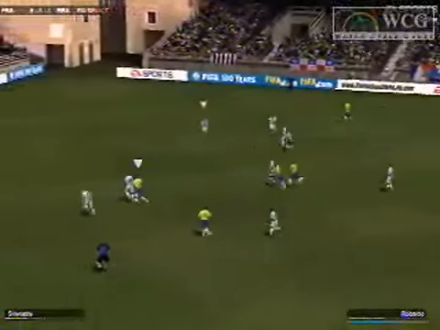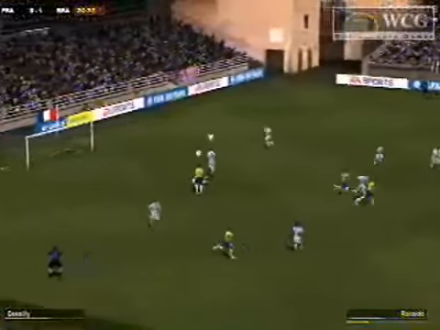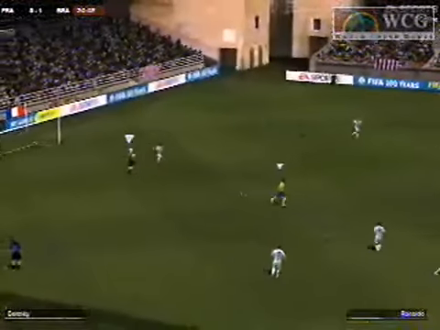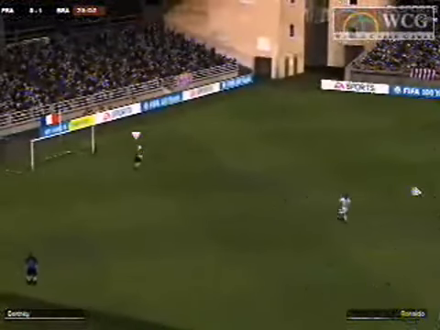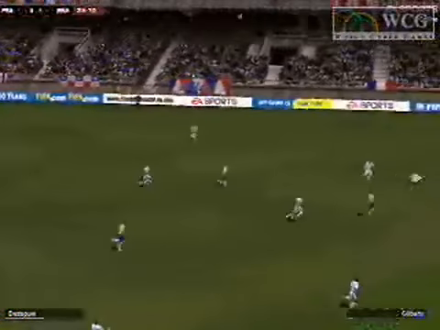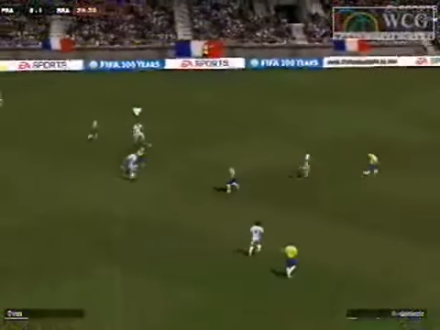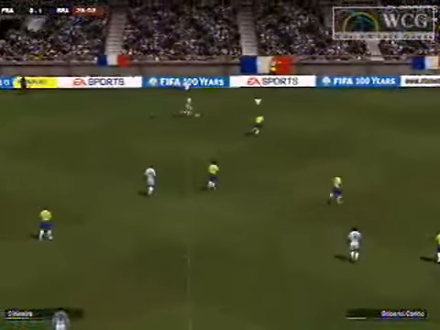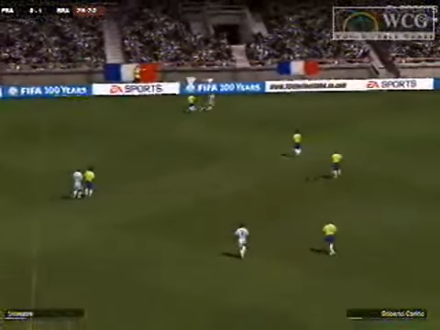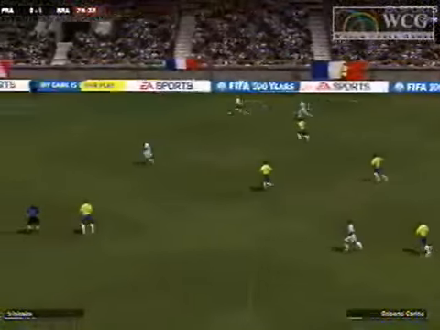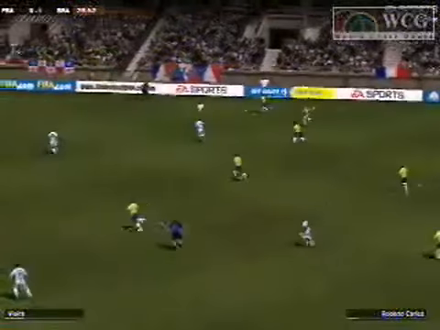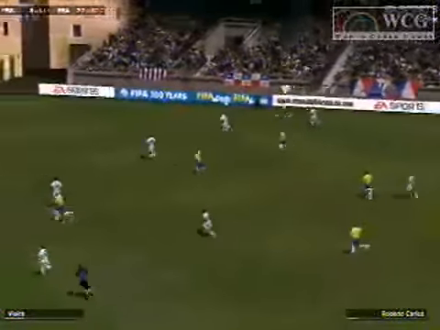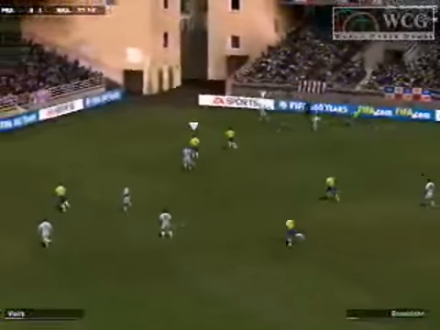An excellent challenge by Roberto Carlos. Sends the through ball to Ronaldo. No one home except for the keeper. Barthez now gonna send the ball to the middle of the field. Standing out there is Vieira. Vieira just controlling the pace, trying to control the center of the field. If you can control the center of the field in a soccer match, you can control the pace of the game and possibly win. But an excellent challenge by Roberto Carlos, taking the ball down that right line.